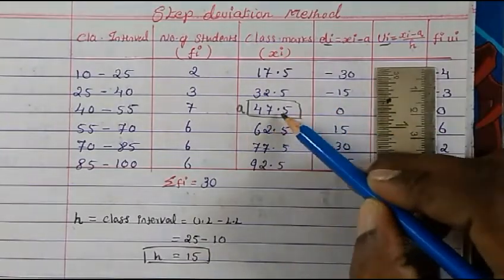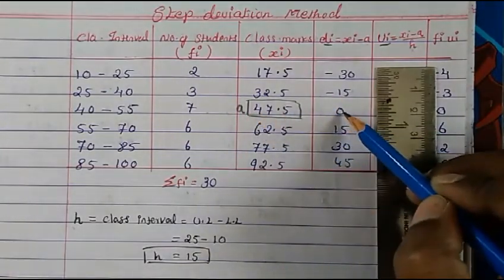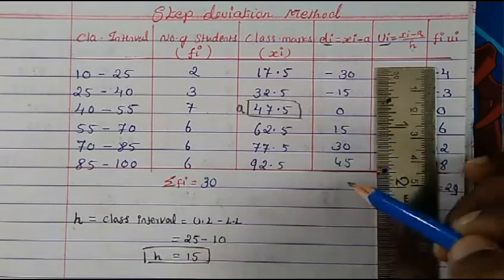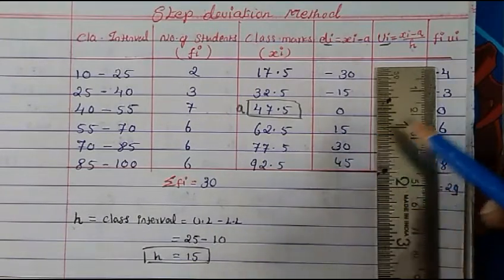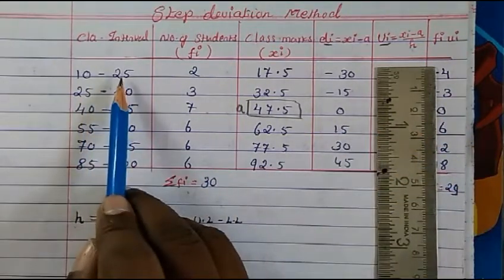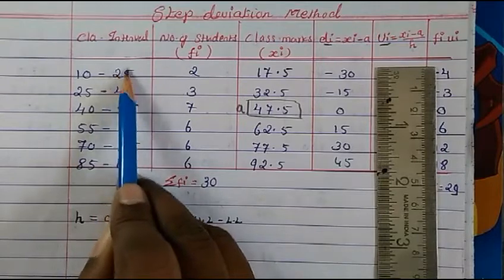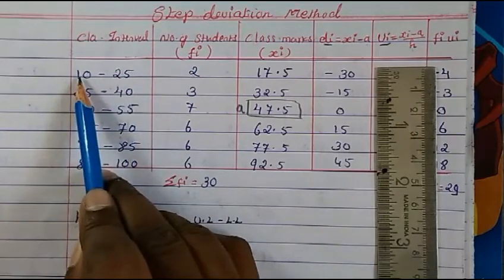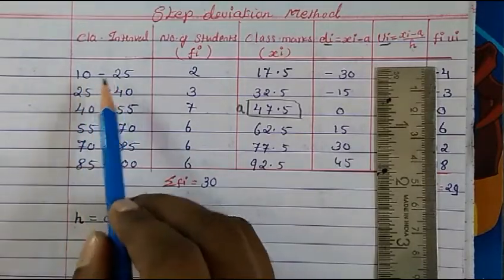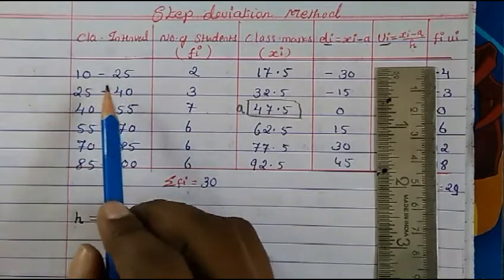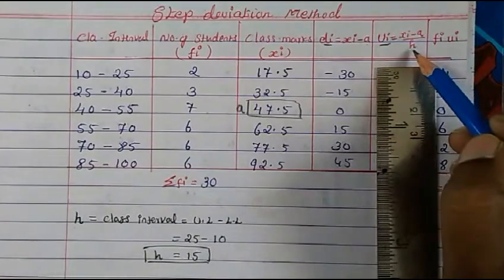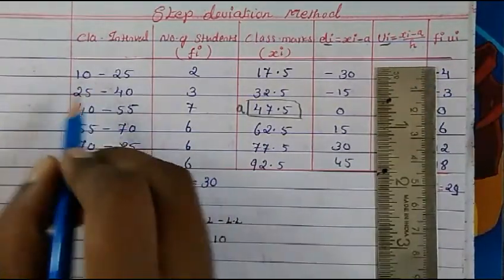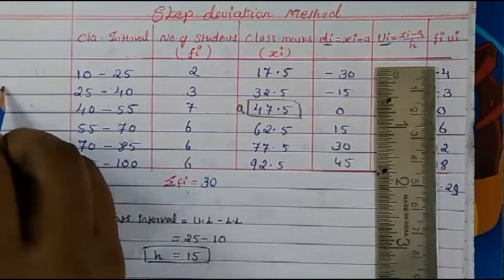So directly where a is there, we have to write down 0, and then on top and down you have to write the table of the class interval. Class interval, how to find out? I told you, this is called upper limit, this is called lower limit. From upper limit you minus lower limit, you will get the class interval. So class interval is h. Okay, so here upper limit is what? Let me write down for your sake.